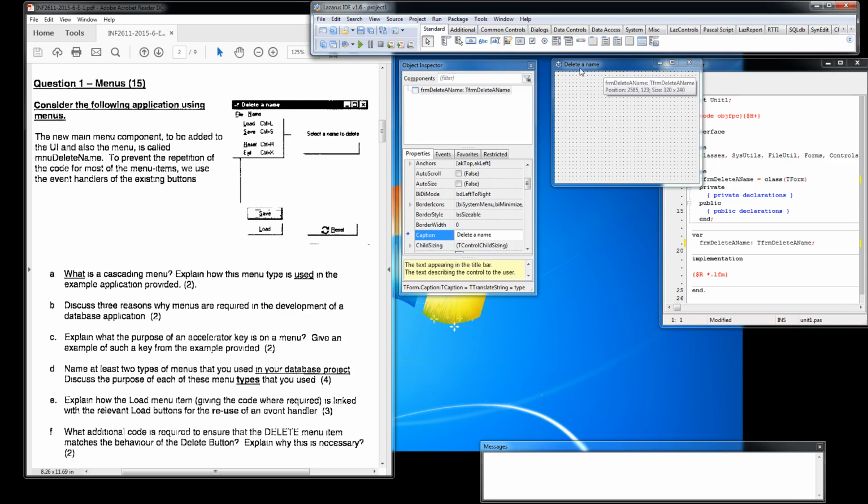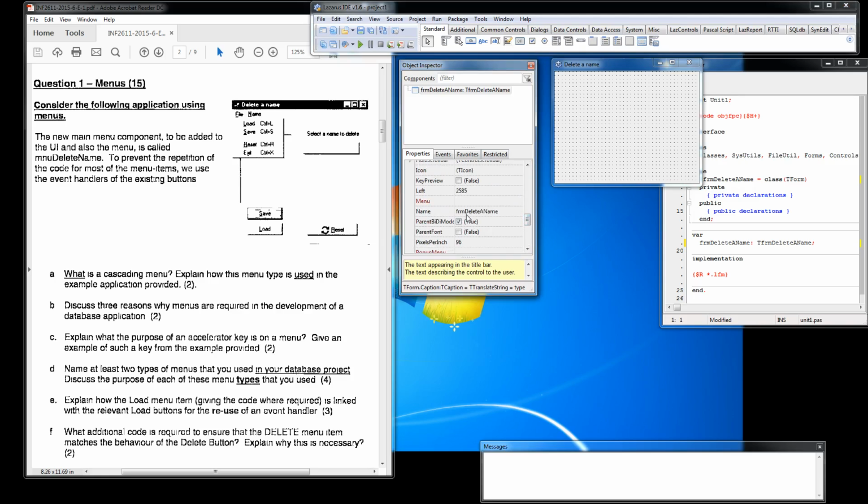I've added the form and I've just changed the name of the form. Named it according to the Delphi standards, frmDeleterName, and I've changed the caption property to Deleter Name. So now I'm going to add a file menu bar here so that it makes sure it's the same as this. I'm going to add one list box. I'm going to add a label, and I'm going to add a text box or text edit, and then I'm